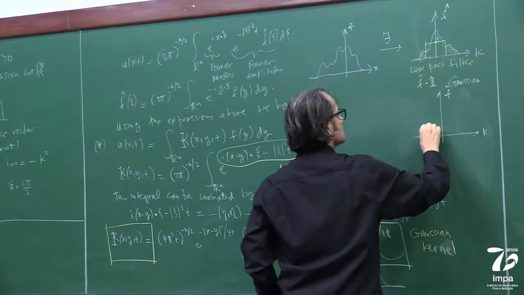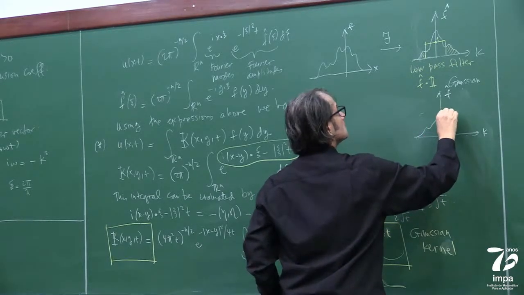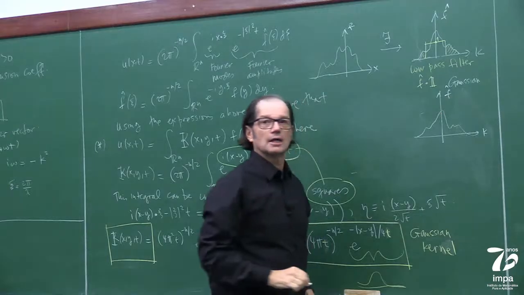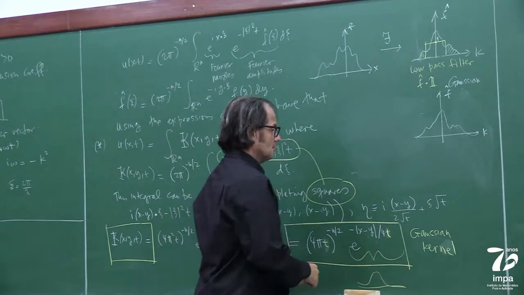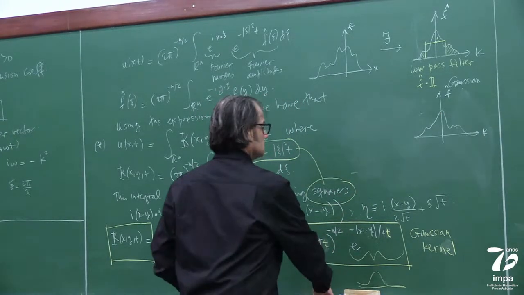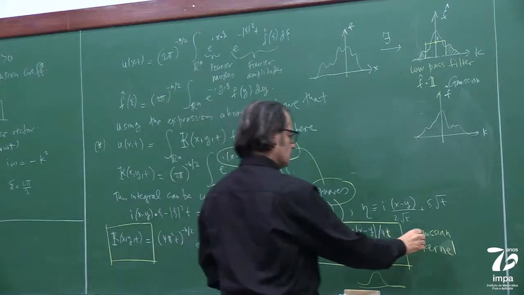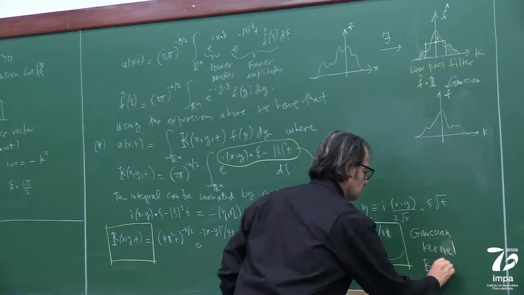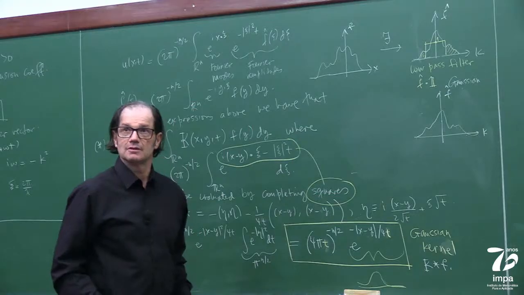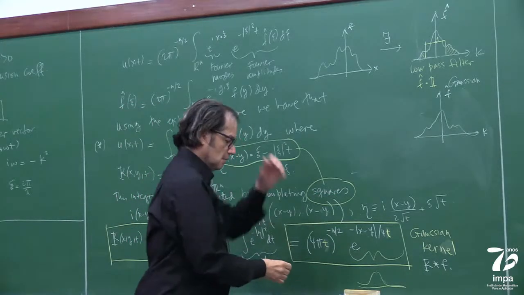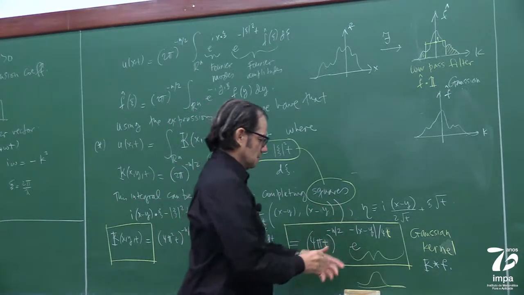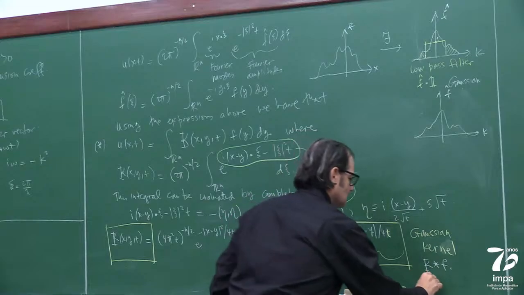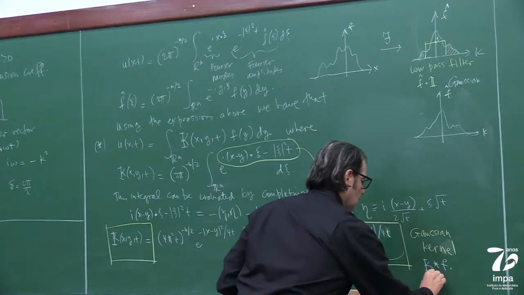Okay, let me try to imitate the same function. Okay, this is the same function. But now, I erase this. This is, look, here it is. This is basically K convolved with F, right? But K is a Gaussian, so it's the same thing as K hat